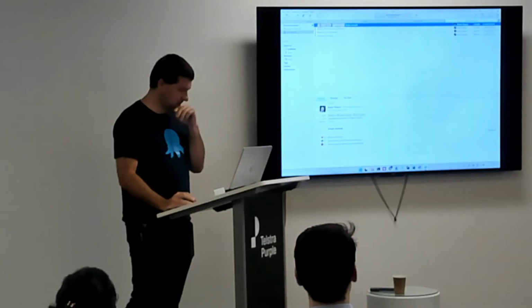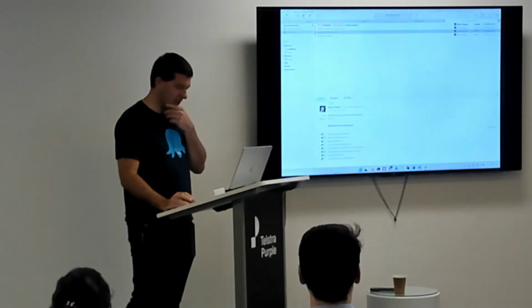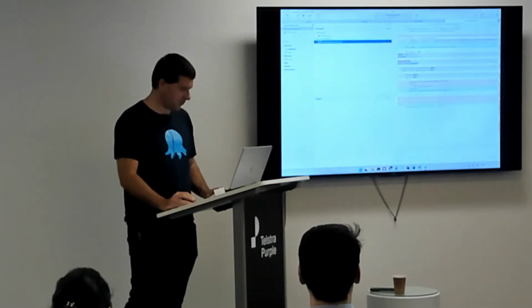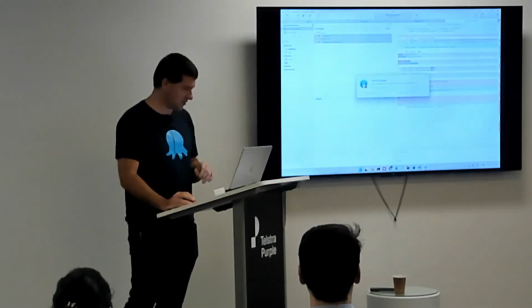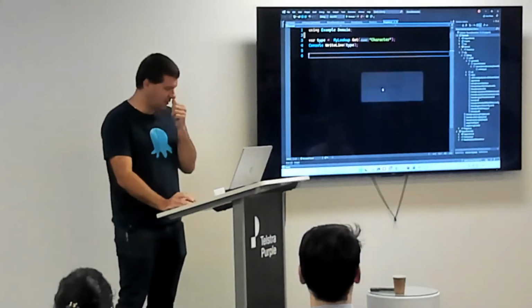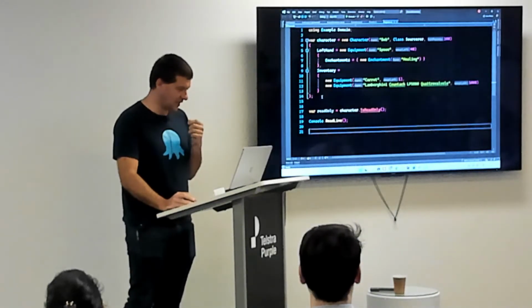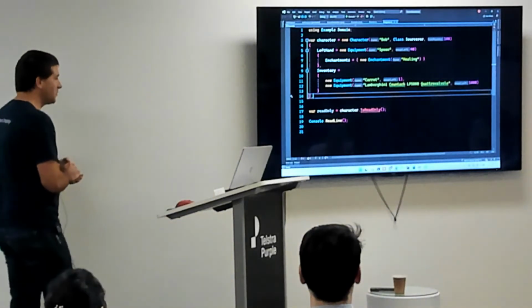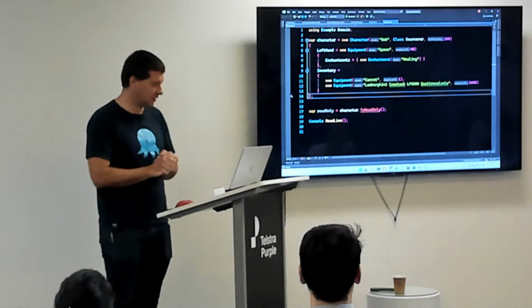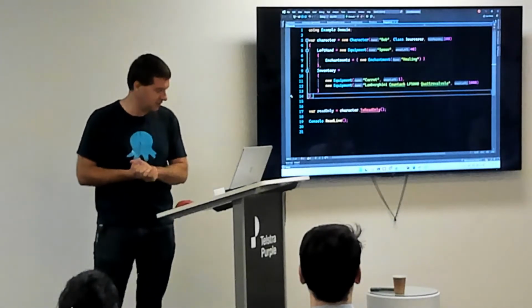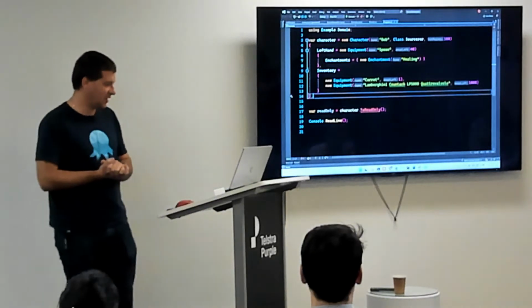So next is an actual example. I need to reset. It's okay. I'm a .NET developer, so I can use GUIs. All right. So now I've actually created some data. I've got my character Bob, who's a sorcerer, 100 hit points. He wields a spoon of healing, and he's just walking around with a carrot and a big Lamborghini Countach,